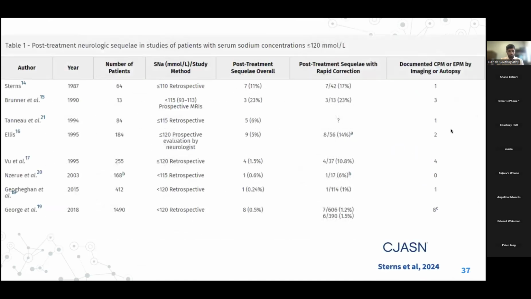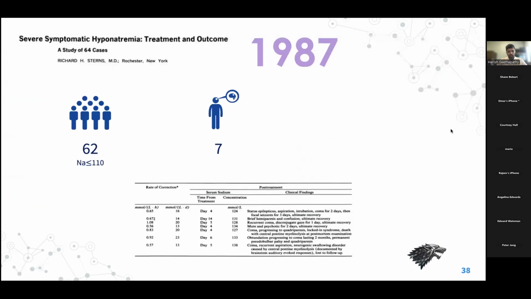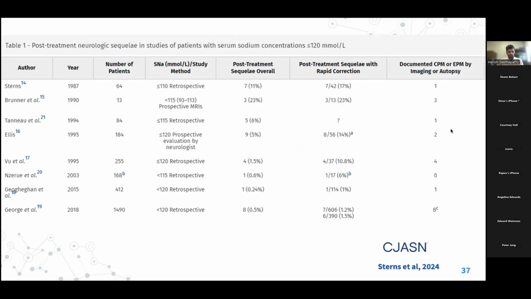And this was the thing moving forward. Everybody adhered to the idea that CPM, or the radiological lesion, did not need to be just that. We have this syndrome called osmotic demyelination syndrome, which is clinical. And so you did not have to have proof of a CT finding, an MRI finding, or something on autopsy. And this is seen in all the other retrospective studies that were done through the years.